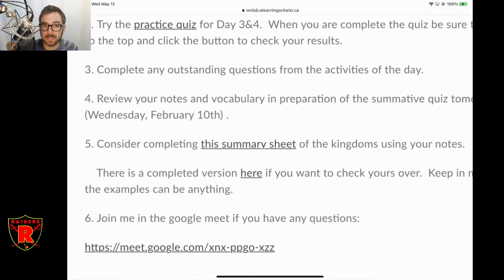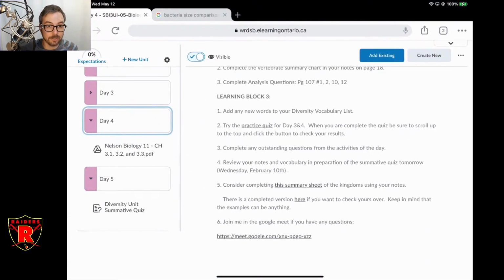That summary sheet is meant as a review for the quiz. So you could do it now, or right before the quiz if you feel that it would be helpful. I'll leave it up to you when you want to complete the summary sheet, but you should complete it. It will help you review the different groupings so that it'll be more fresh in your mind for when you're writing the quiz. So that really completes the unit for us.